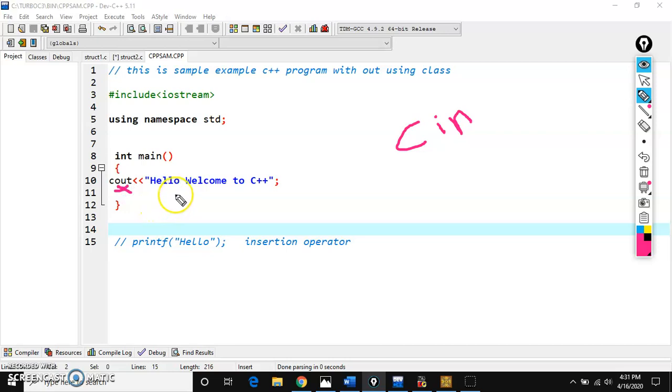So cout. If you see here, I am printing a text. In order to print a text, the text must be in double quotes always, in C or C++. In C, how you will print a text? We have a function called printf, parenthesis, text in the double quotes. So here text in the double quotes is common. Instead of parenthesis, we use insertion operator. Instead of printf function,